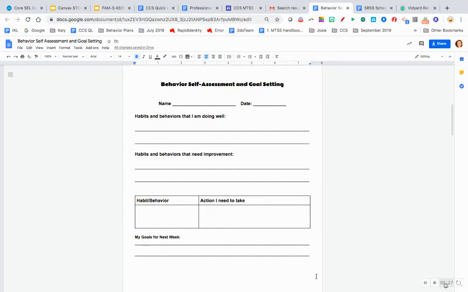It has a place for either the interventionist or the student to document a discussion of behaviors that the student is doing well and behaviors that need improvement, specifically looking at your school's behavior matrix and finding behaviors where the student is doing well and behaviors where they need to improve. This should lead to a discussion of what is one particular behavior that I really need to focus on, and help me with some strategies to change that behavior pattern and help me with setting a goal for the next